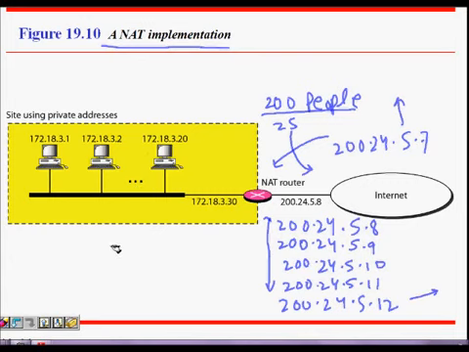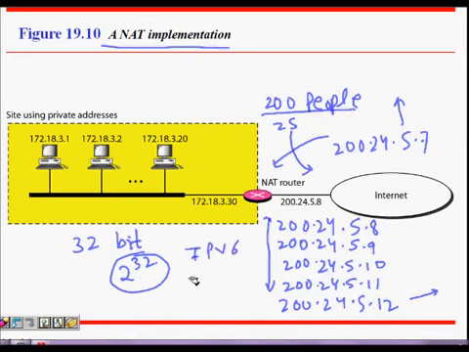The next problem is that an IP address is a 32-bit number, and the number of people is more than that, so if everyone has a machine, the world population with computers will exceed 2 to the power of 32. So one solution is IPv6, which uses a 128-bit address, sufficient to represent each individual and many times more. But for now, when we have routers with 32-bit IP addresses, what they propose is this: